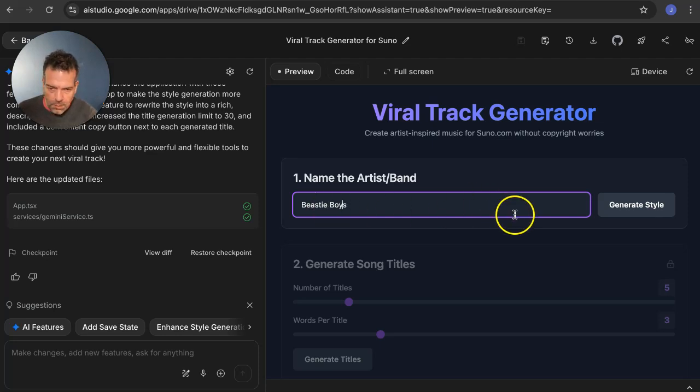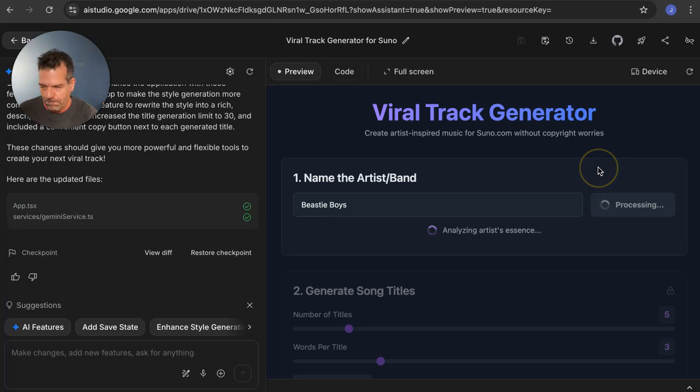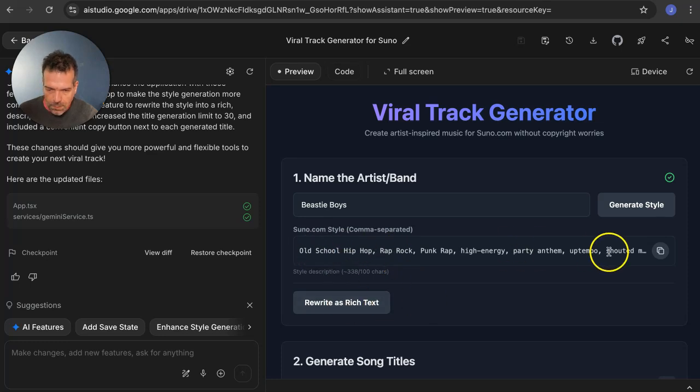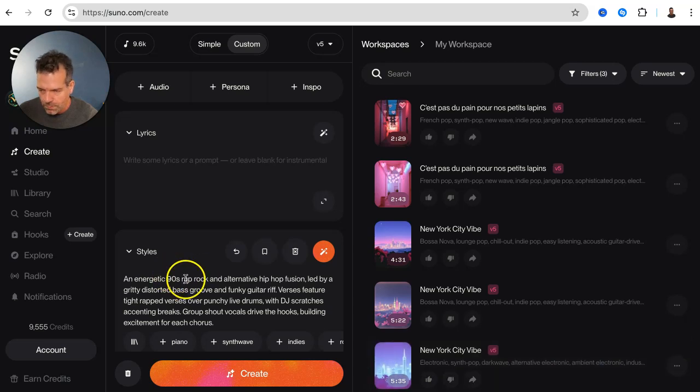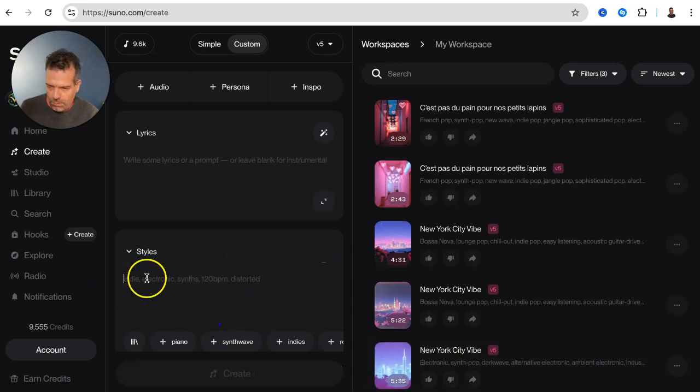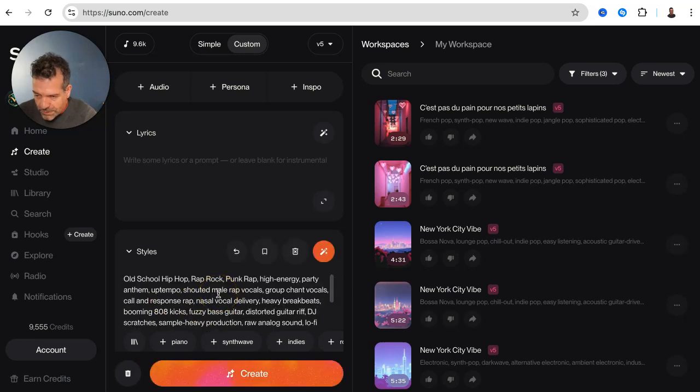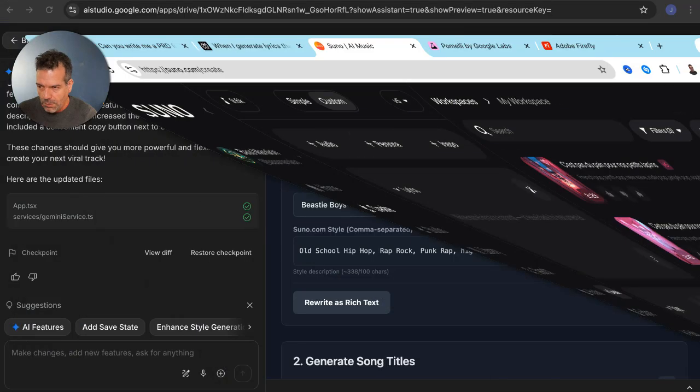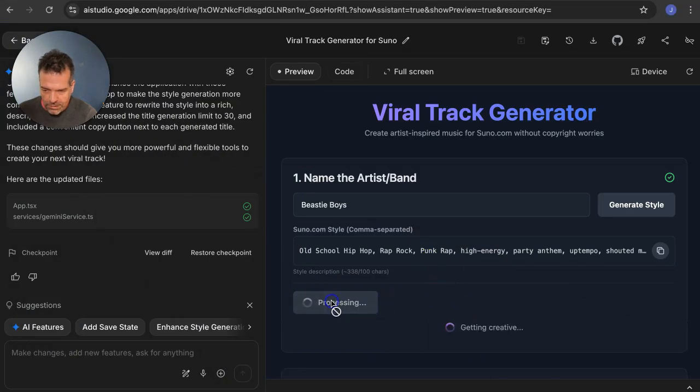Okay, generate style. This is the style now. So if I go back to Suno, delete that. So you remember he was saying old school, comma, blah blah blah before. Now it's a bit bigger. It's more rich in terms. So this is one style, but basically, if we go back to the app now, rewrite as rich text,